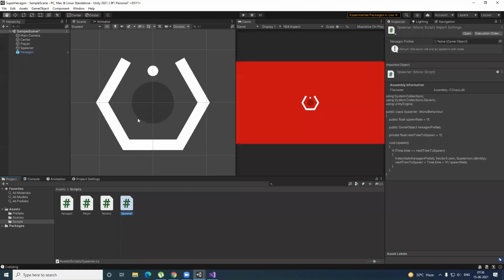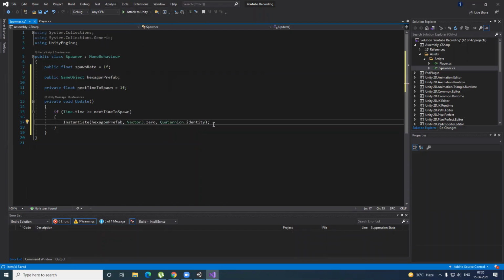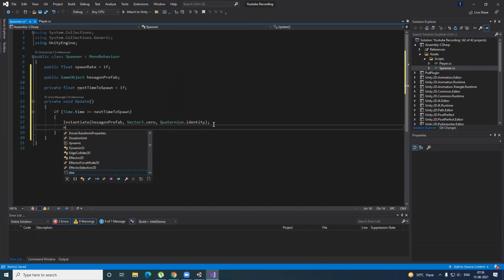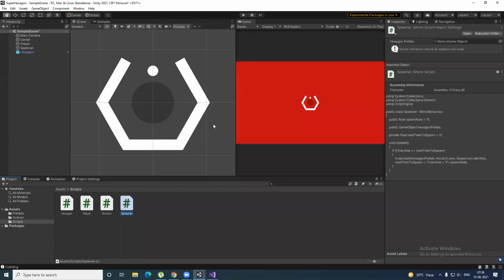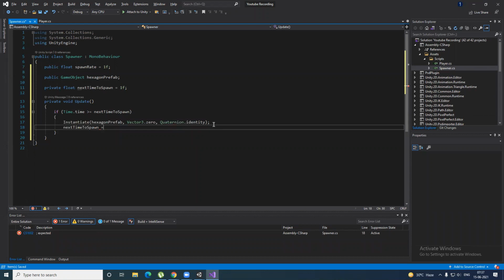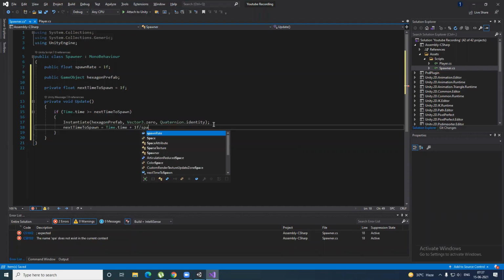Then the last thing to declare is nextTimeToSpawn equals Time.time plus 1f divided by spawnRate.